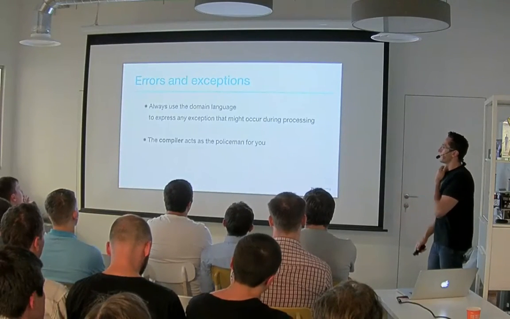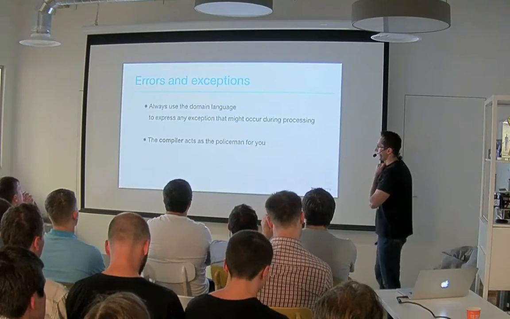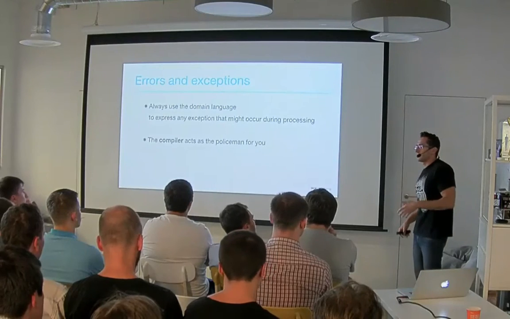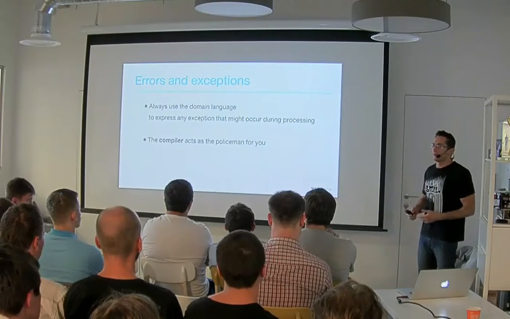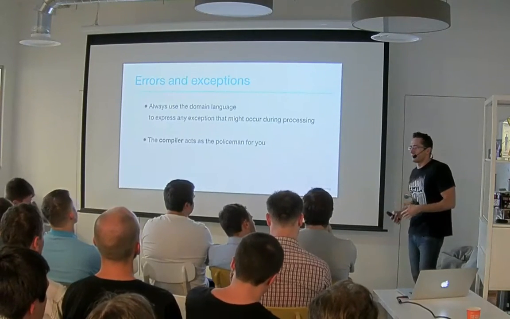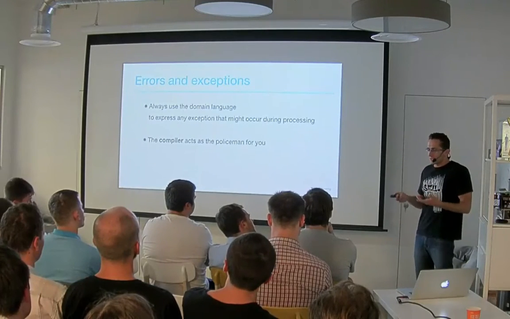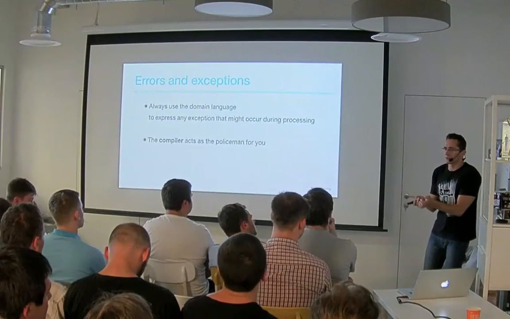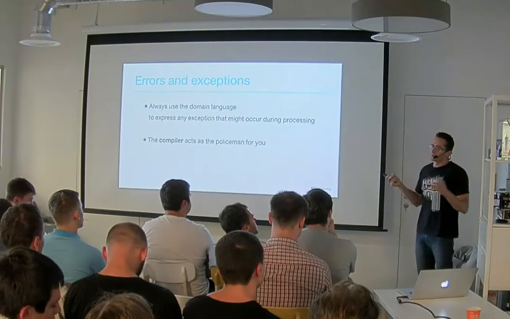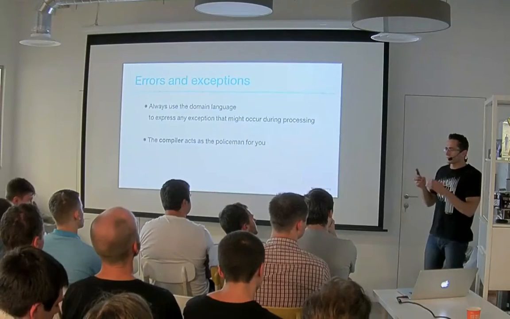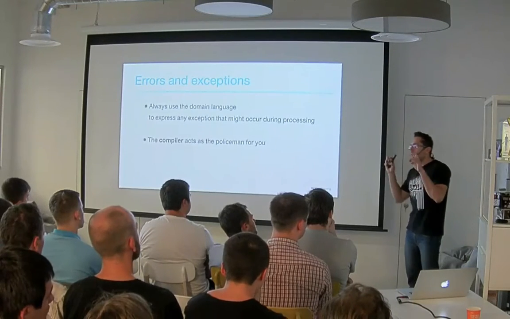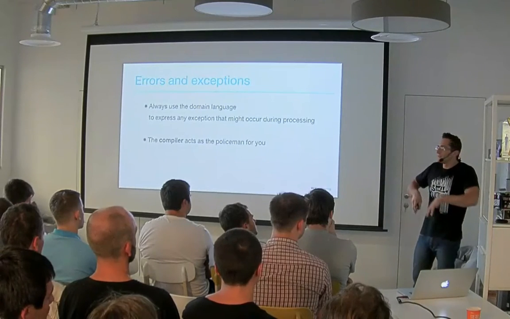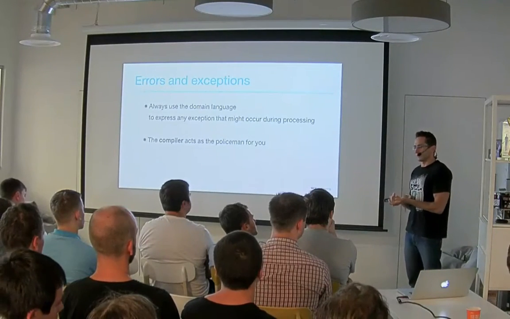So let's talk about errors and exceptions. Although the DSL we just wrote does seem like English, this is still code. And if it throws an exception or an error for some reason, the exception and the error still need to be in the same domain-specific language. So if I, for some reason, encounter an array with size 0, I should throw "no text was found" instead of "index out of bound". So the user of the DSL will still understand the context.